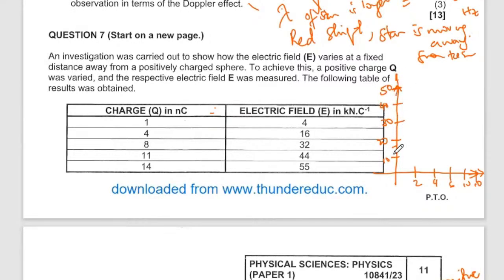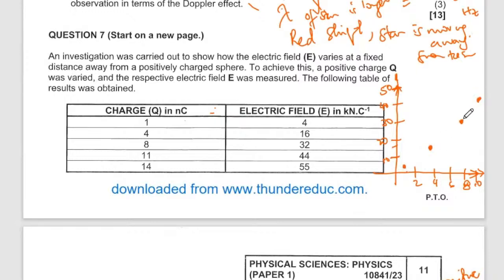So we know that 1 is with a 4, which is somewhere there. And then 4 is going with 16, which is slightly below. And then 8, this is 8. It's gonna go with 42. It's slightly above. 14 or 11 is slightly above 40 there. And so on. So just plot the points, but you're gonna notice that these points are not forming like a